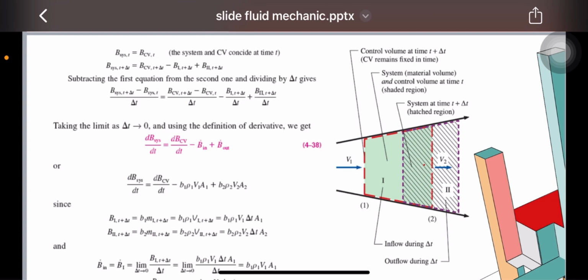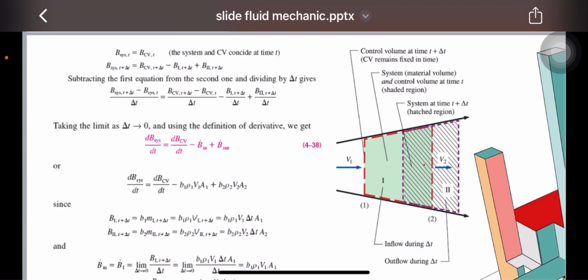Okay, the next page is the formula. At time t, the control volume CV and the system are the same. They overlap completely, as shown in the green shaded region. However, as time progresses to t plus delta t, the situation changes. Now the control volume remains fixed in space, represented by the dashed red boundary, but the system, which consists of the same material, shifts